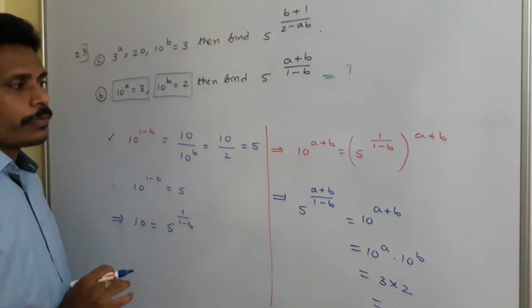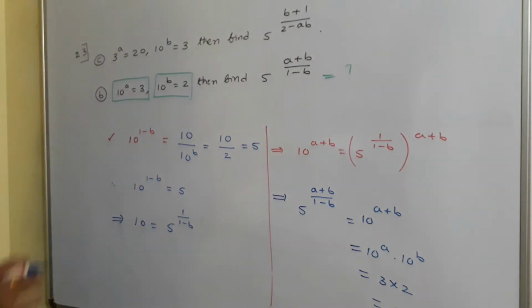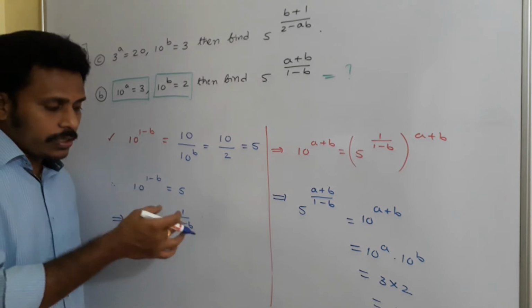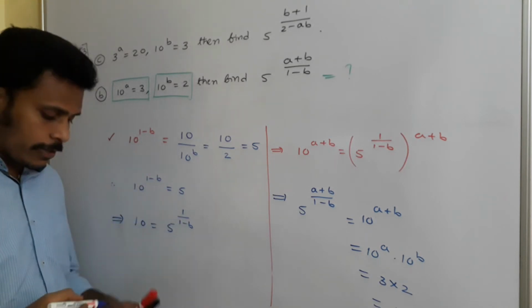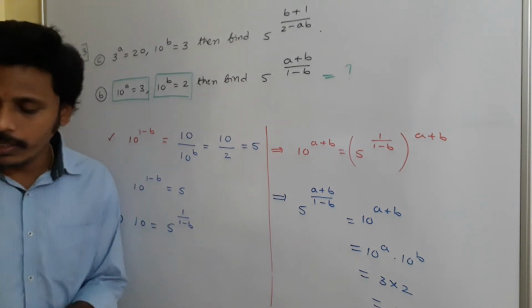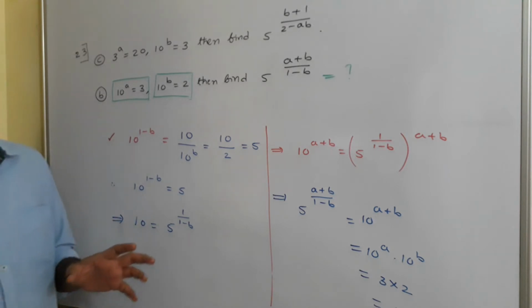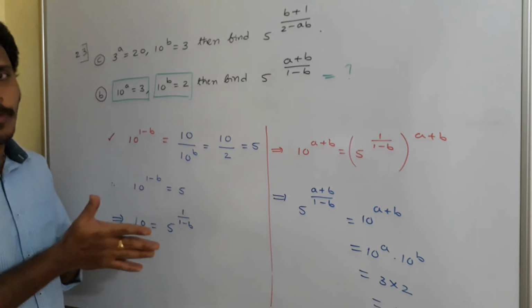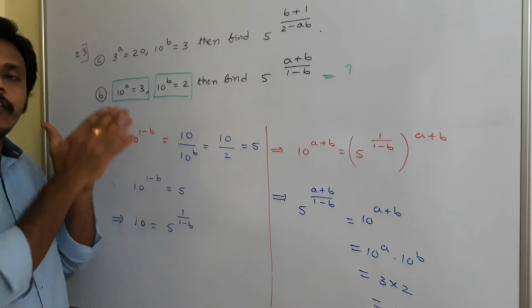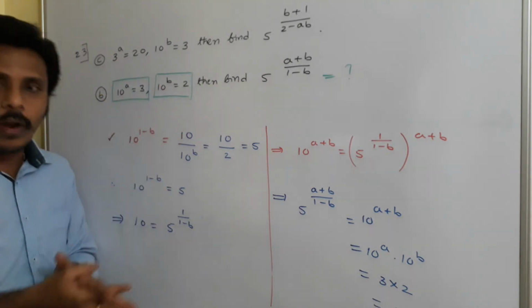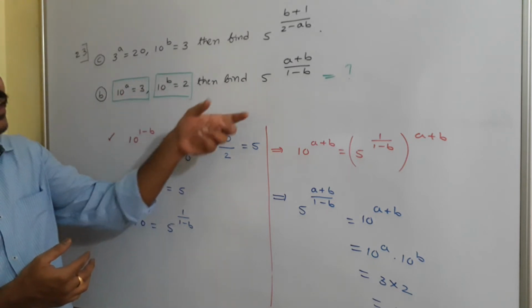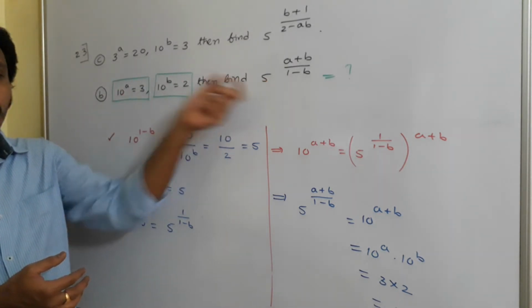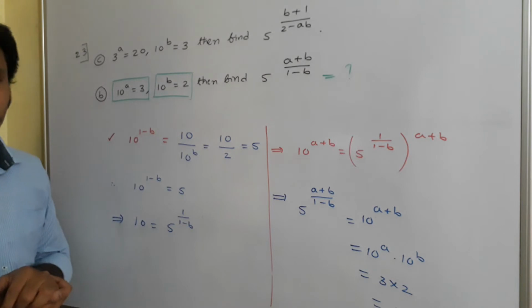There ends the problem. For this type of problem, the problem requires the laws of exponents along with a logical approach. You need to solve the problem with presence of mind. You need to pay attention to the given equations as well as the required one, and we need to prepare the required exponent from the given exponential equations, right?